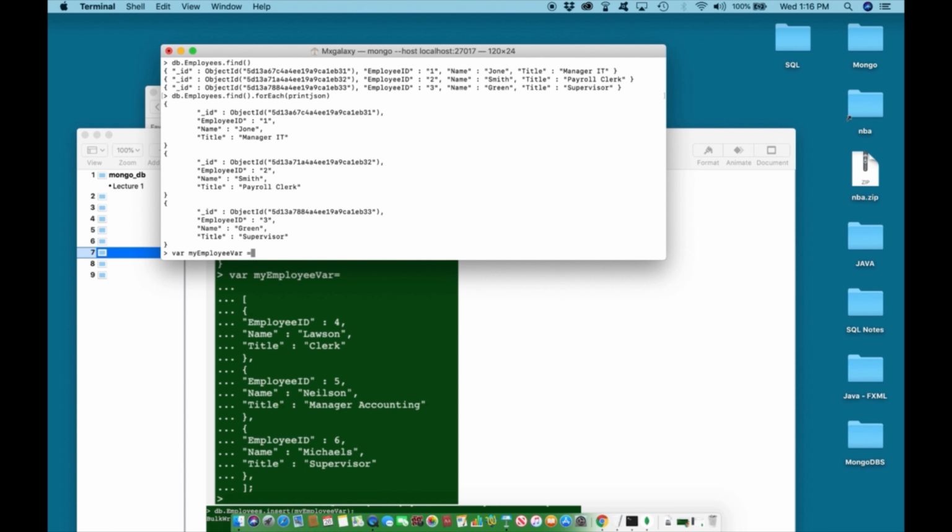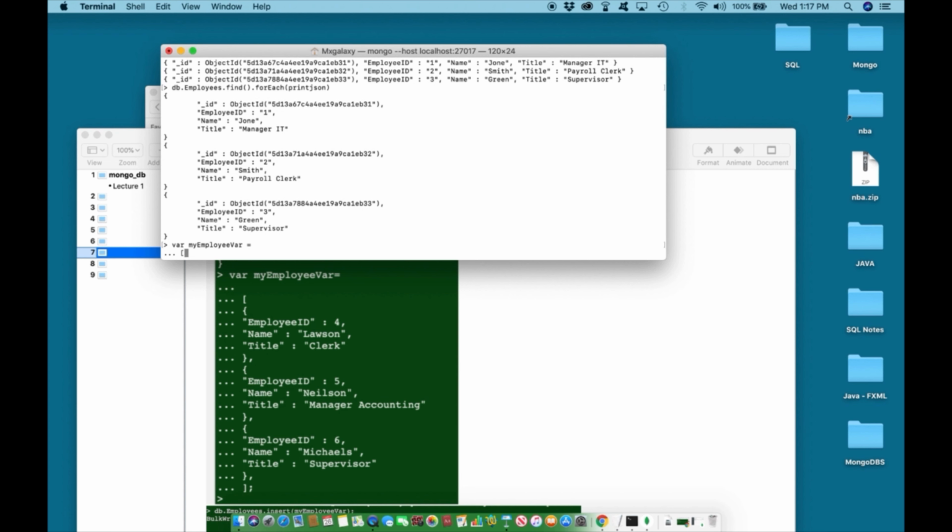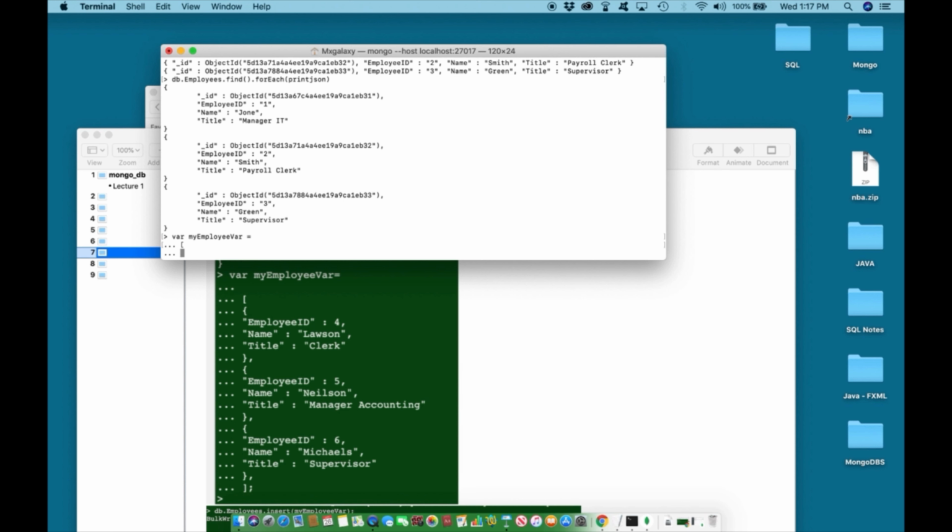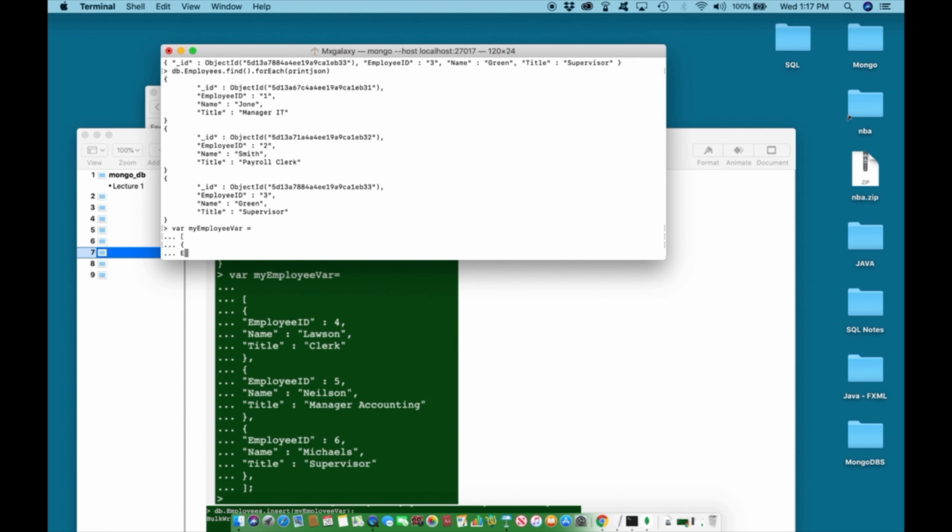We are inserting an array of more than one document at a time. Therefore, this information must be in square brackets. After square brackets, each document has to be in its own curly brackets. So let's do employee,